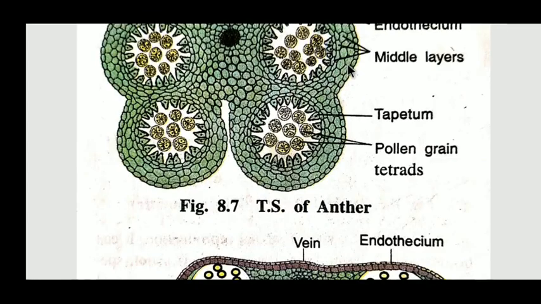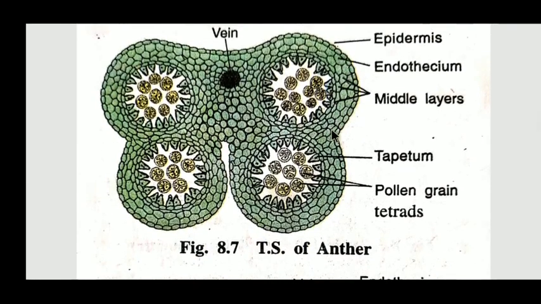It means this endothecium forms the line of dehiscence, and at maturity this line breaks, as it is hygroscopic in nature. What is the meaning of hygroscopic? Hygroscopic means it absorbs more and more water. As these cells are thin-walled and hygroscopic, they break easily, and at that time the microsporangia fuse with each other and all these pollen grains come out. So this is the function of the second layer, that is endothecium.